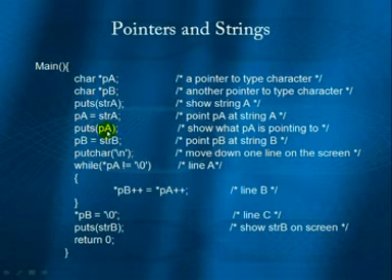Here, the PB will point at strB. Next, new line character is passed to putChar method to move to the next line. Inside the while loop, until the null character is met in strA, characters in strA will be copied to strB. Then, the null character will be assigned to the termination point of strB.